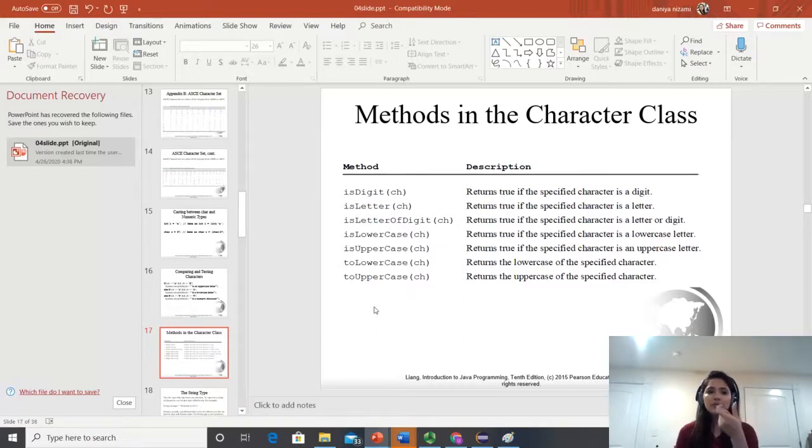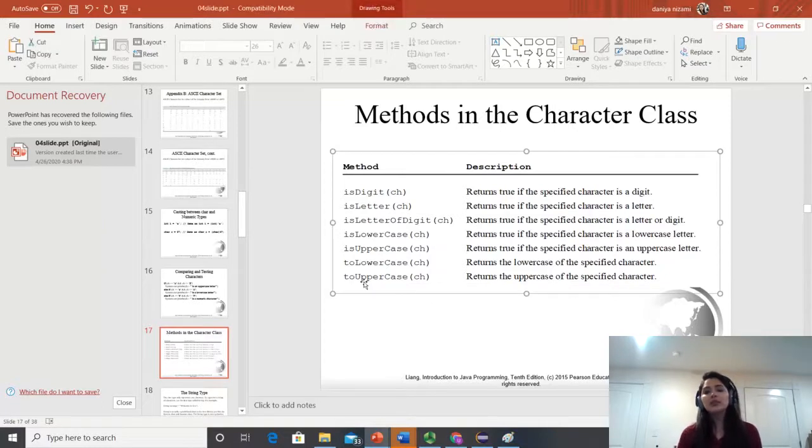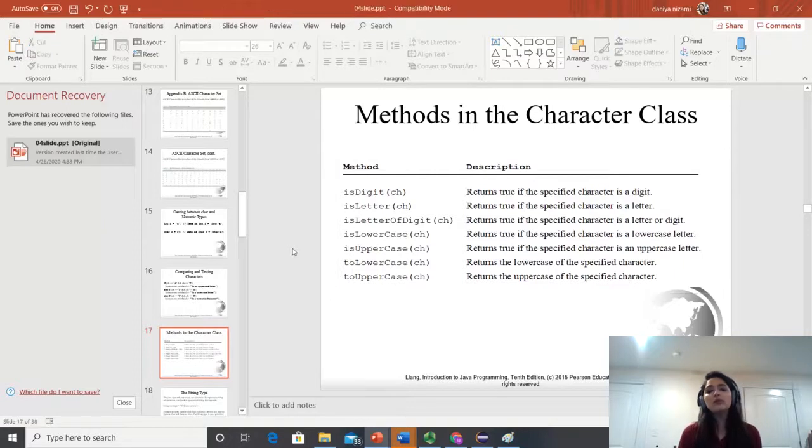So now you are taking a string as a name, and you have to take the first letter from that name and convert that character to uppercase or lowercase. You should know that there is a method in the Character class which can convert that first letter to uppercase. These are the two methods which actually convert. The rest of the is methods will only return true or false, and those methods are useful when you're writing your if conditions.